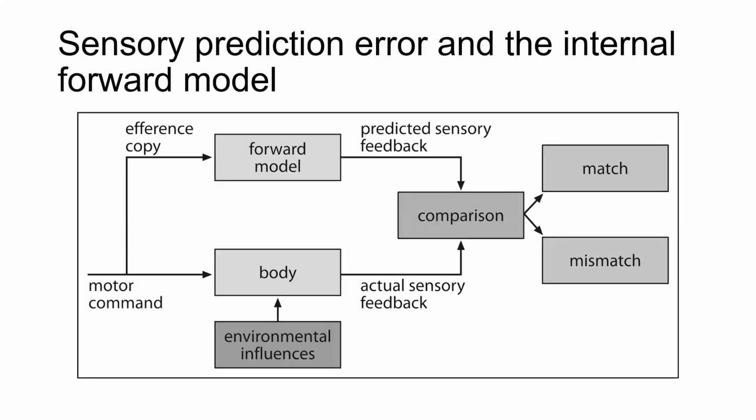And just going back, sorry, while all that's happening, the body was getting actual sensory feedback from the real world. And at this point, the cerebellum takes those two values and compares them. And those two values either match or don't match. And if they don't, this is recognized by the cerebellum and adjustments are made accordingly, leading to sensory motor adaptation.